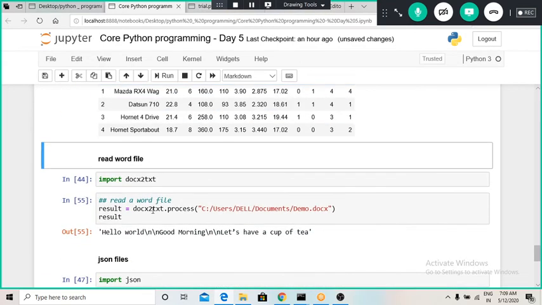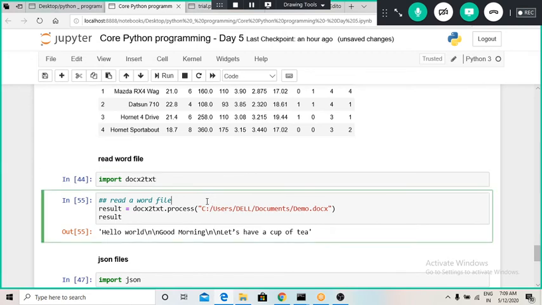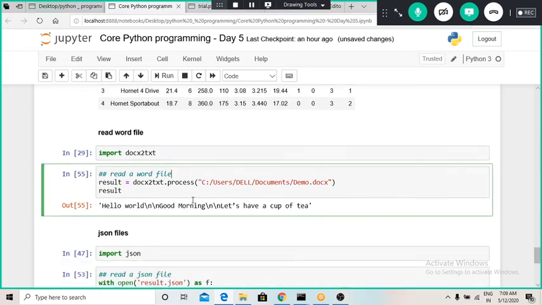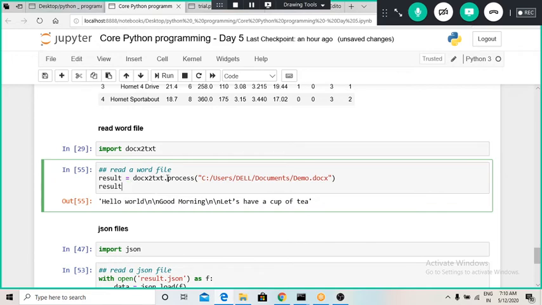Okay, now let us try to read a Word file. Basically, for reading Word files also there are two different ways of reading that file. Let us do reading and writing that particular text file. So for reading, we will use the docx2txt library. This is also a simple way of reading that particular file. While reading, we can use the docx2txt dot process command to import that file.